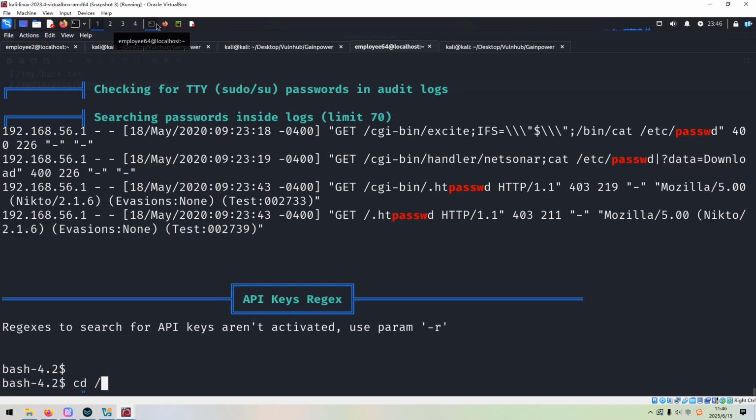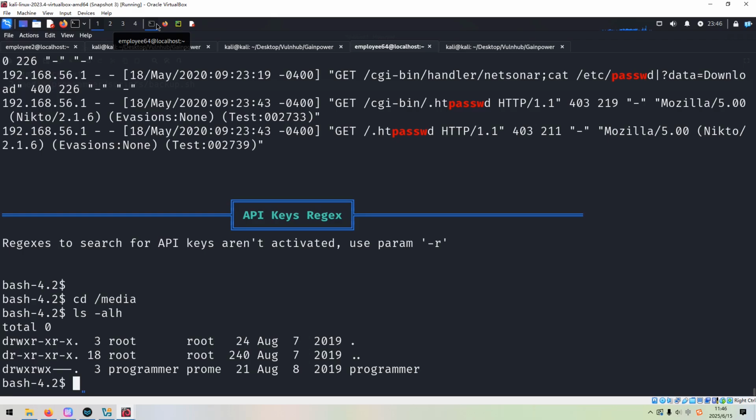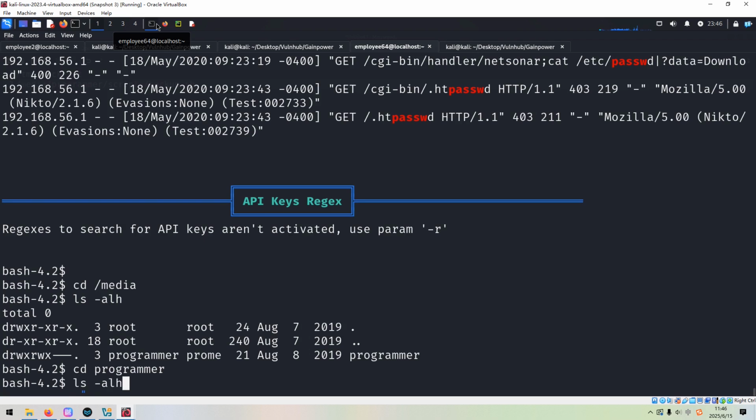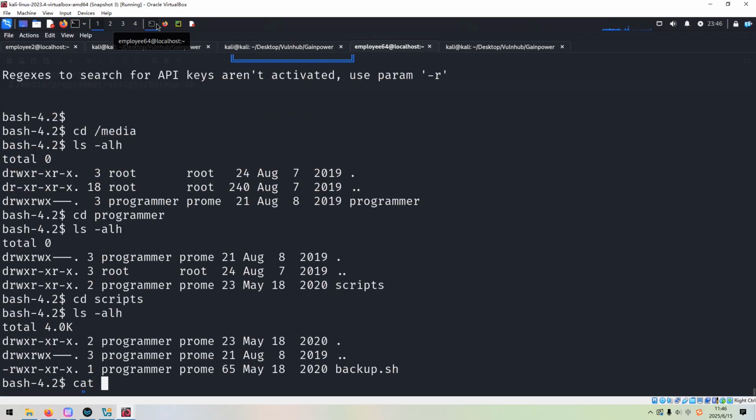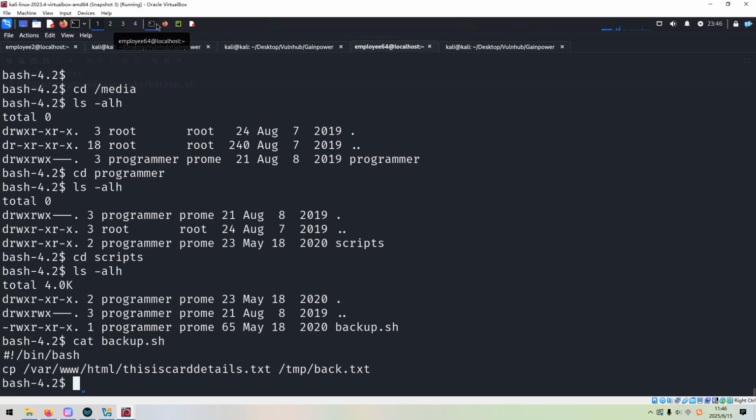We can go to media and then programmer scripts. Cat out this backup. So this script is owned by this user, programmer. But we need to check to see whether this script is executed regularly by other users. Okay, so how to do? We can navigate to